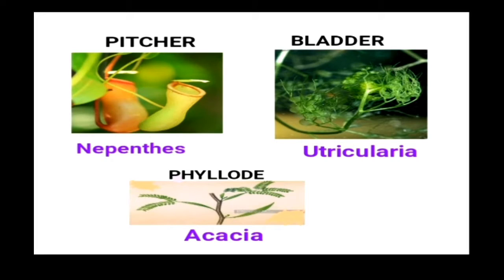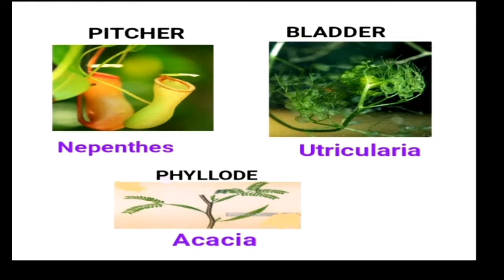In insectivorous plants like Utricularia and Nepenthes, the leaves are modified to capture insects. In Nepenthes, the lamina becomes modified into a flask-shaped structure called a pitcher to capture the insects. The basal part of the petiole is flattened like a leaf. The pitcher and the lid are colored. They attract the insects. The digestive enzymes are also secreted inside the pitcher. The function of the pitcher is to capture and digest the insects.